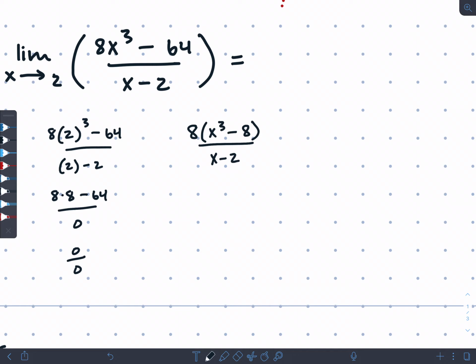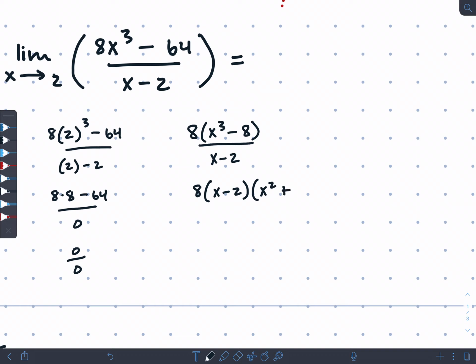Or sorry, not difference of squares, difference of cubes. And difference of cubes says, let me double check to make sure. I always have to look up difference of cubes to make sure I'm doing it right. So difference of cubes says we are going to take x minus 2, and we are left with x squared